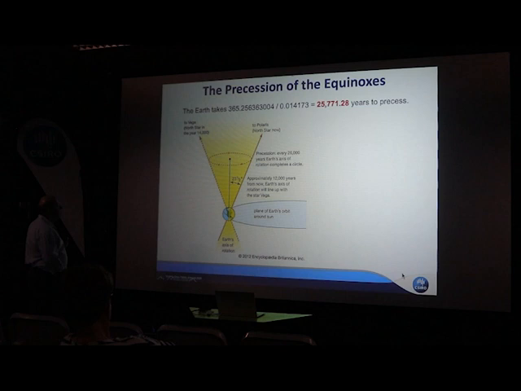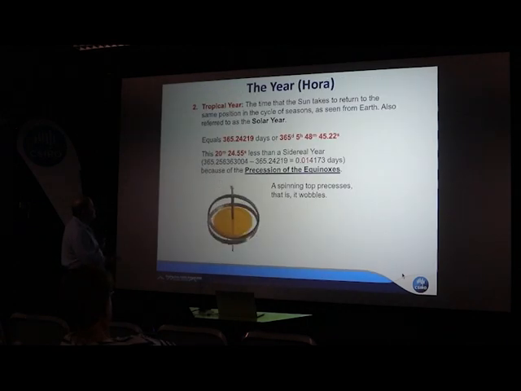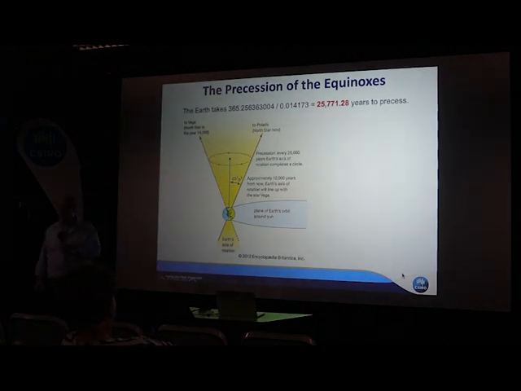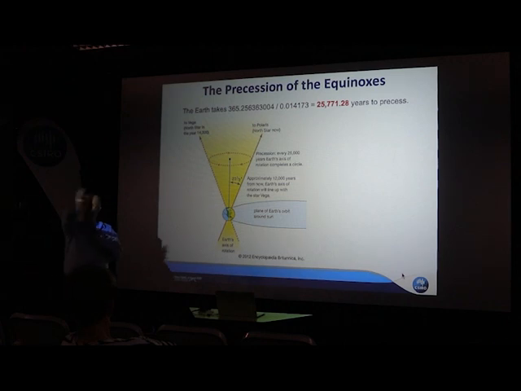And the time it takes to do that, the difference from the sidereal year, is equivalent to 20 minutes. So if you divide that by that, you end up with 25,771 years. In other words, it'll take the Earth that long to do the little precession. So the entire constellations of the zodiac would appear to move across the sky and then return to where they were and repeat itself.